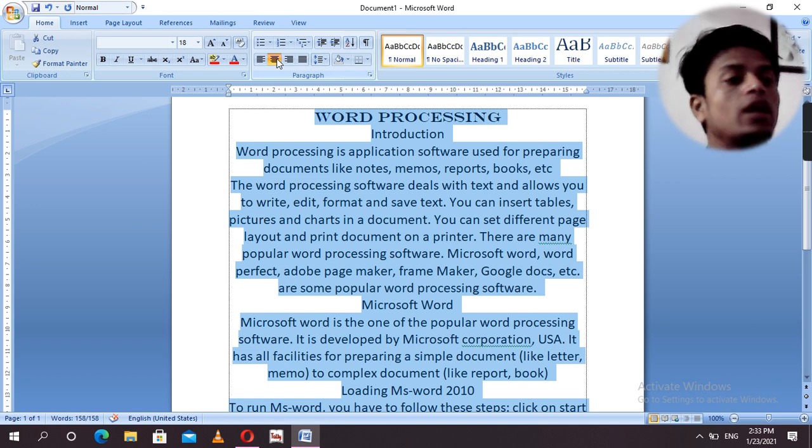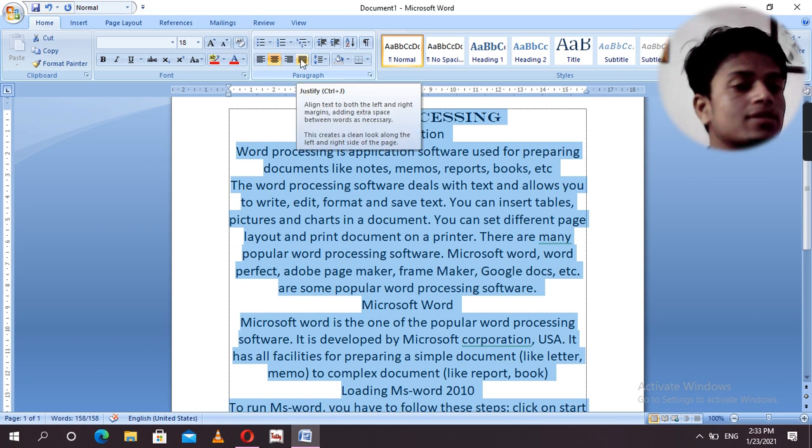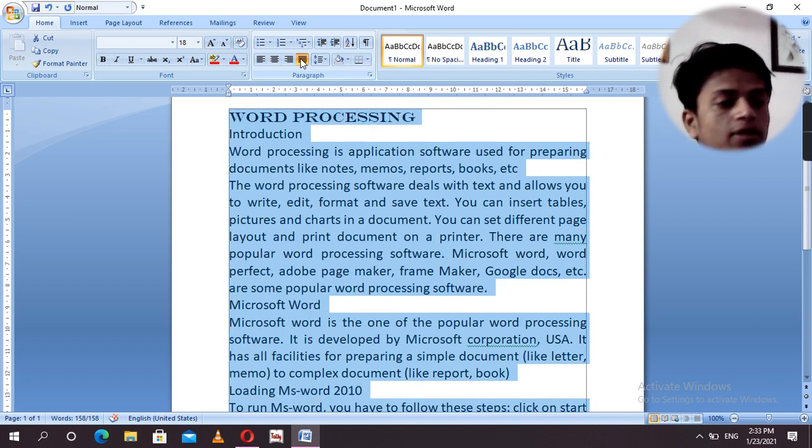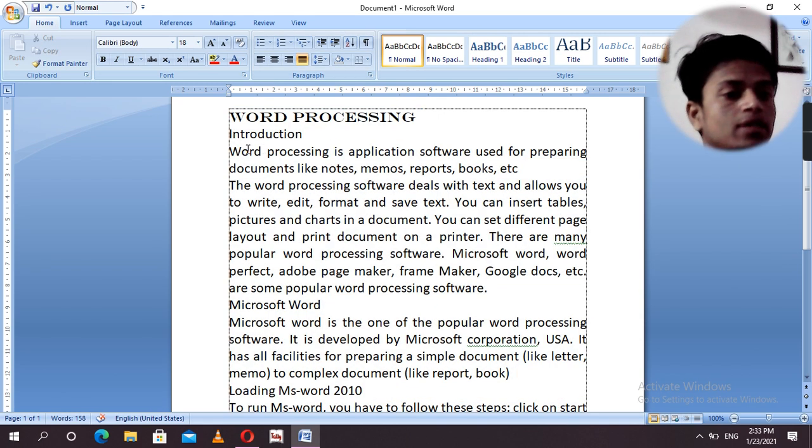For that we have to go with justify. For justify, click Justify with the mouse, or use the shortcut Control plus J. So these are small paragraph settings you can use while making documents for personal or office use. Now we move forward to page setup or page layout.